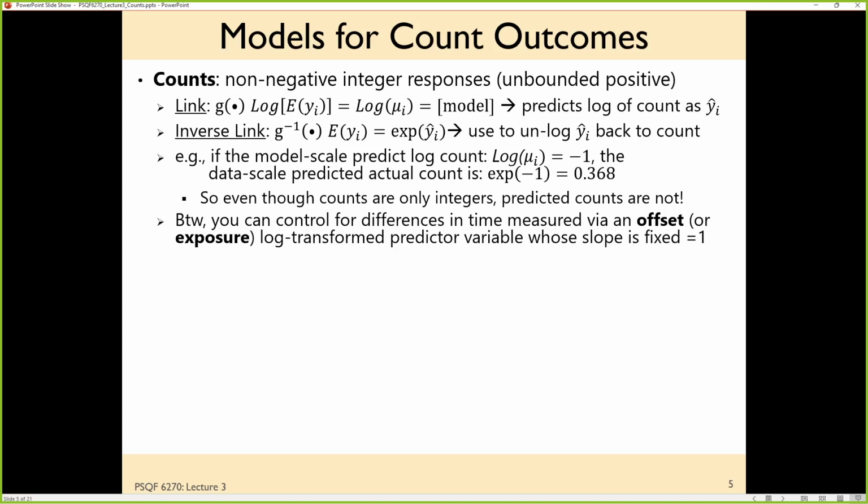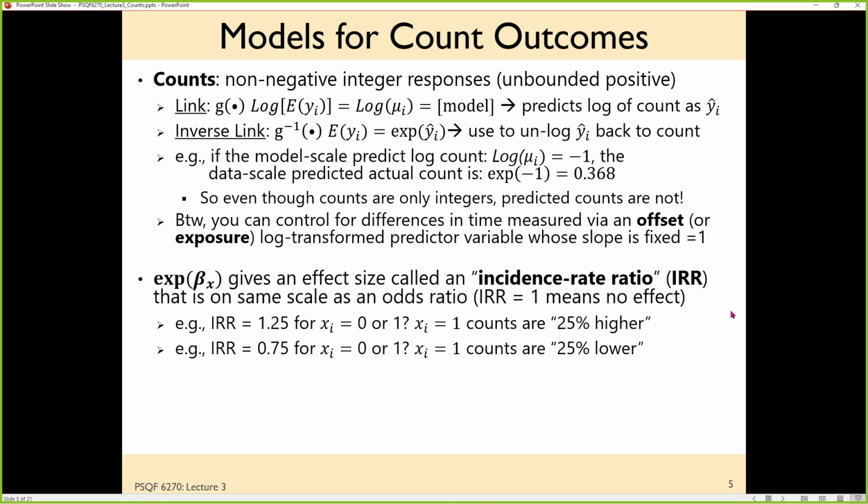So an offset, generally speaking, is when you add a predictor to the model but don't estimate a slope for it. What it's used for in this context is to provide a type of denominator, essentially, for the amount of time during which the count was observed. So if you have counts that happen across different time scales for different subjects, then you would want to correct for that difference in time scale via an offset. And that's an option that's built into all of these different packages. I don't have that in my example, but there's several in the textbook.